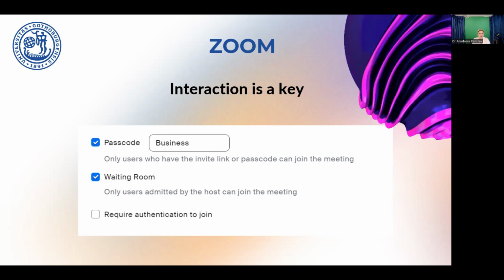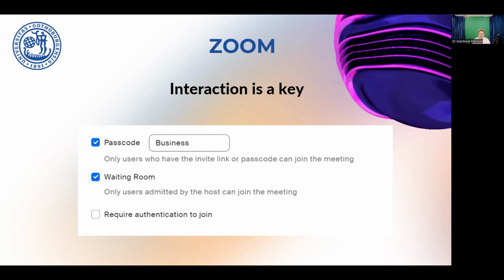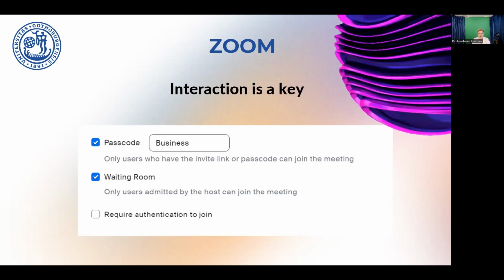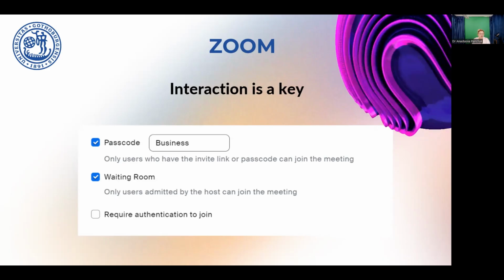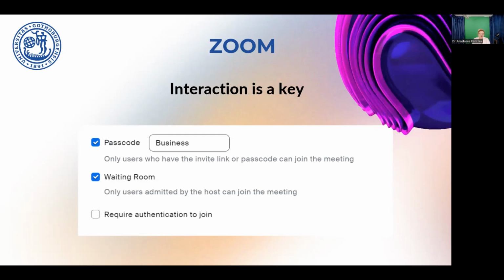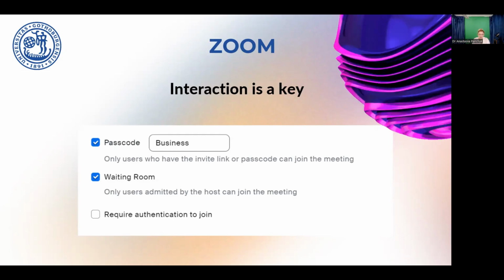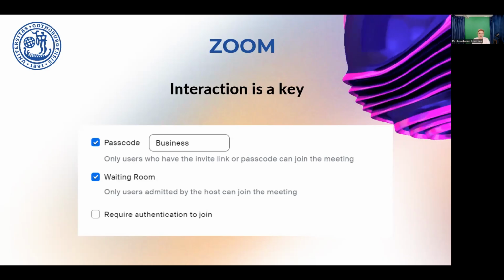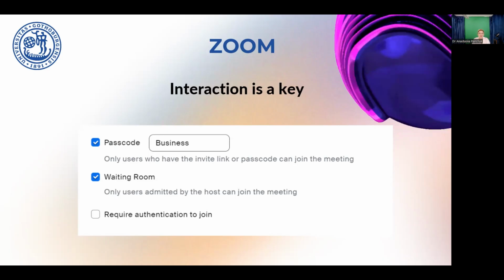Choose, for example, a passcode that will connect with the topic of your lecture or with your courses. Choose some funny passcode, or a passcode that will immediately remind your students